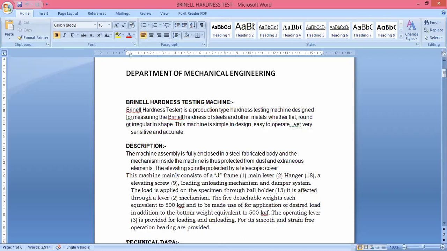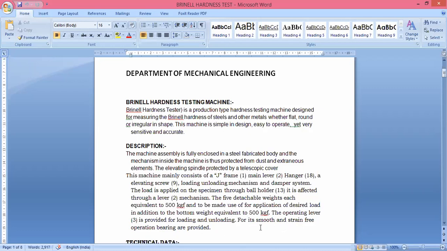What we have is the actuating rod, a rod carrying the hanger equal to 500 kg, and it actually has four 500 kg loads and two 250 kg loads. In total, six additional loads are available there. Altogether, it can create 3000 kg, or 3 metric ton equivalent weight, over the indenter itself, which can be used in calculating the hardness of the steel parts itself.